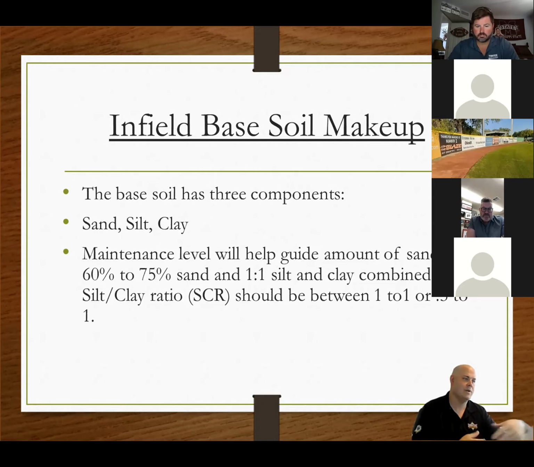But at the lower levels, where maintenance levels and budgets are much lower, it's usually one or two guys taking care of the field. It's recommended to reduce your clay content and increase your medium-sized sand. Medium-sized sand is measured from very coarse to medium. I like to see those numbers right around 40 to 45% of the overall volume of the soil.